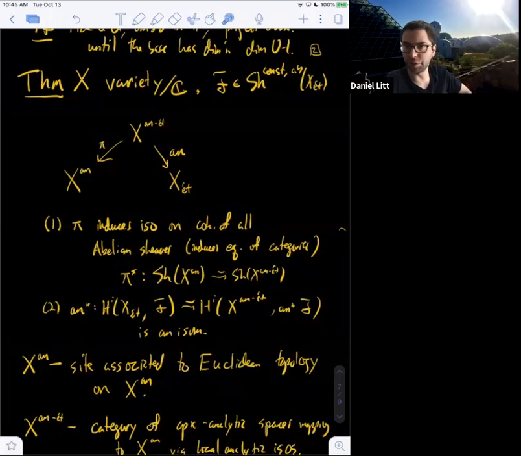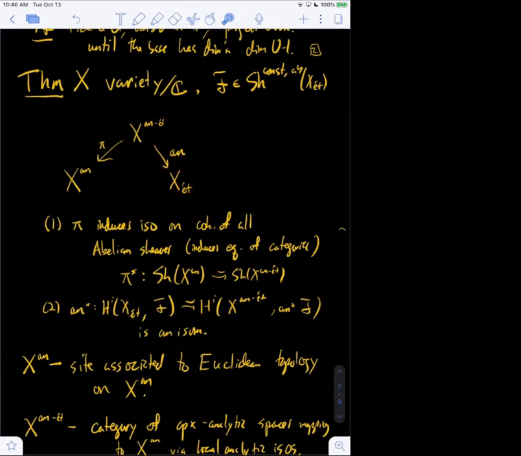This is a statement about constructible sheaves, so you would have to make sense of what it means to be a constructible sheaf on the analytic étale site. And at least for the reasonable notions of that I can think of, it won't be an equivalence of categories, because there are a lot of closed subsets here that are not Zariski closed.